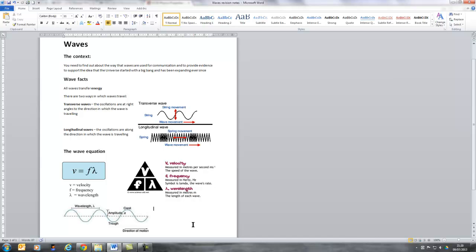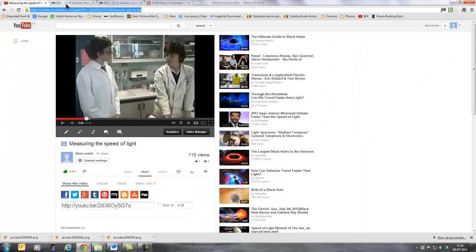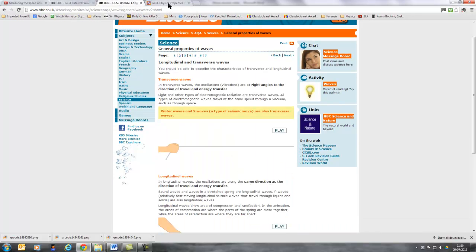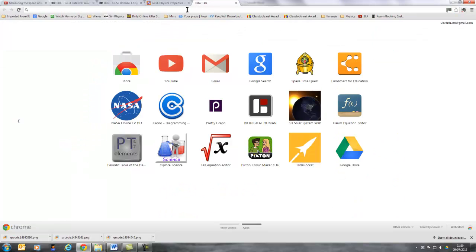So I need an alternative, and the alternative method is to turn this into an augmented reality document using the website layer.com. So what I need to do, here are the resources that I've found. I've got my video, I've got a bite-sized website, another bite-sized web page, and a web page on the S-Cool revision website. So I now need to go to layer.com,